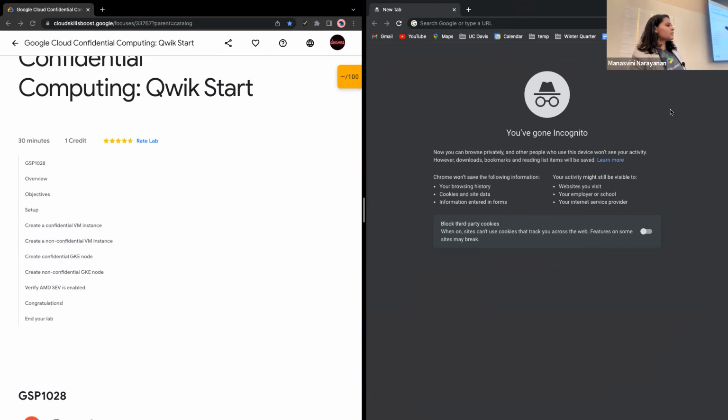Once everyone's reached this step, please let me know and we can move forward. Everyone on Zoom, have you been able to follow till this point?